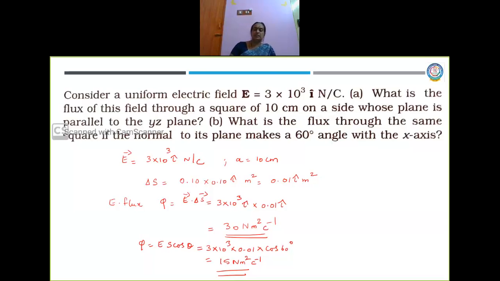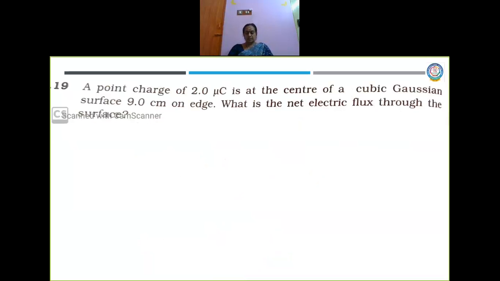Clear? The only thing is you have to understand the sum very clearly. Have a very clear idea of what is expected. Only then will you be able to move further. The steps will be easy if you have clearly understood the formula. Okay? Now let us move on to the next question.